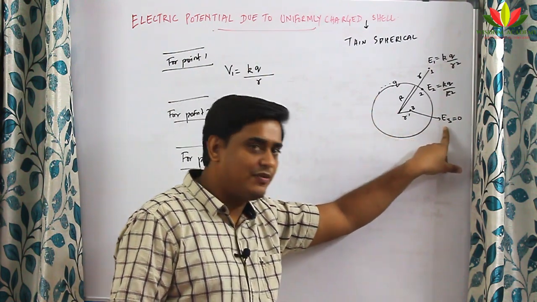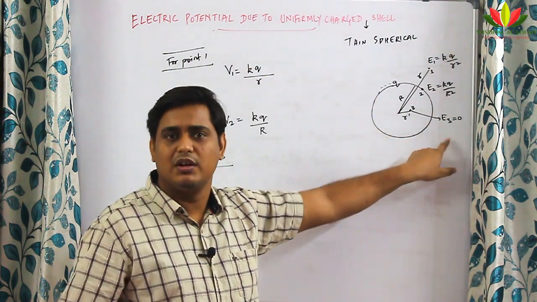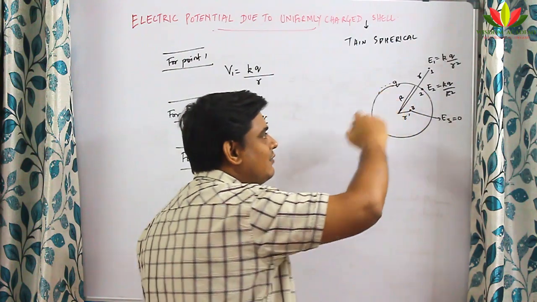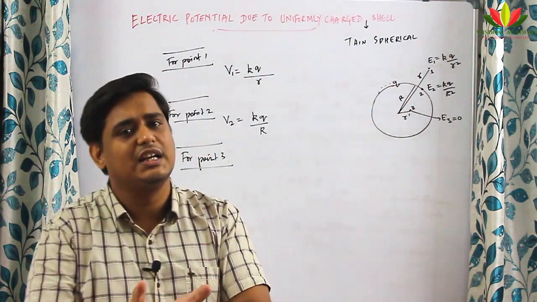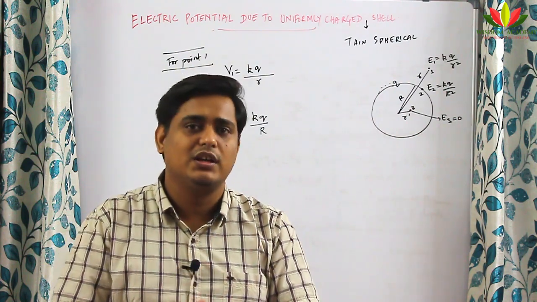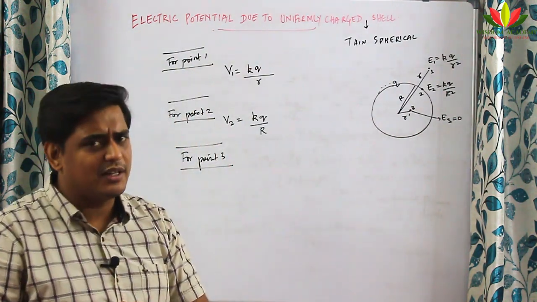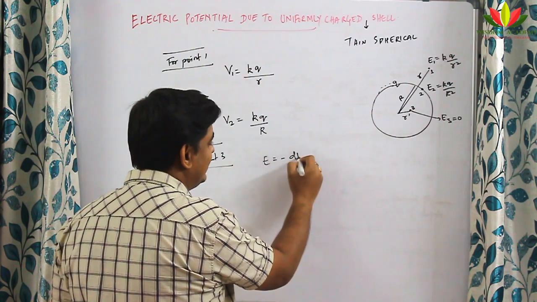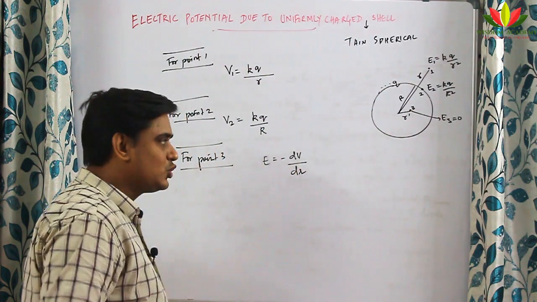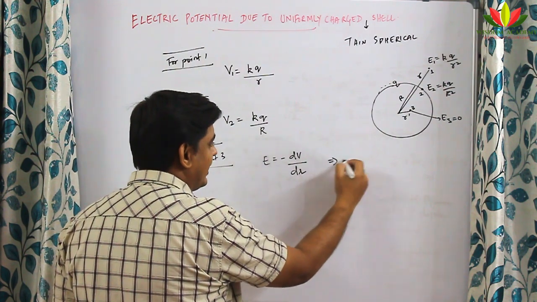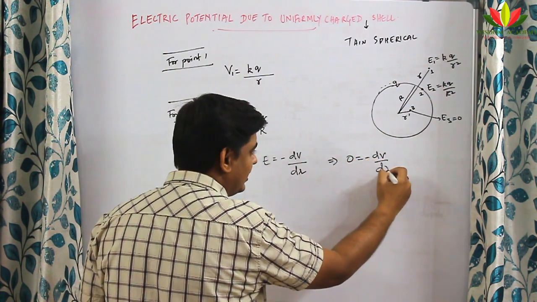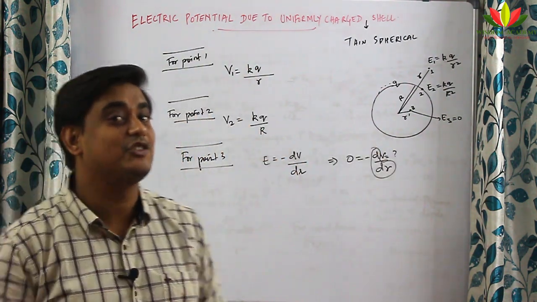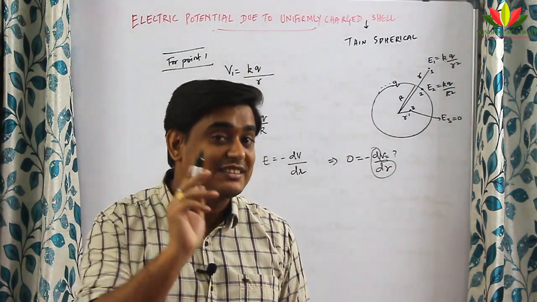When we found the electric field at various points, we took the help of Gauss law. We drew a Gaussian surface at each point, and we saw that at the third point, since there was no charge enclosed, the electric field was 0. So when electric field is 0, will electric potential also be 0? No, because we just saw that E is equal to minus dV by dr. So when E is equal to 0, we get 0 is equal to minus dV by dr. Now tell me, d by dx of what is 0? d by dx of a constant is 0, right?